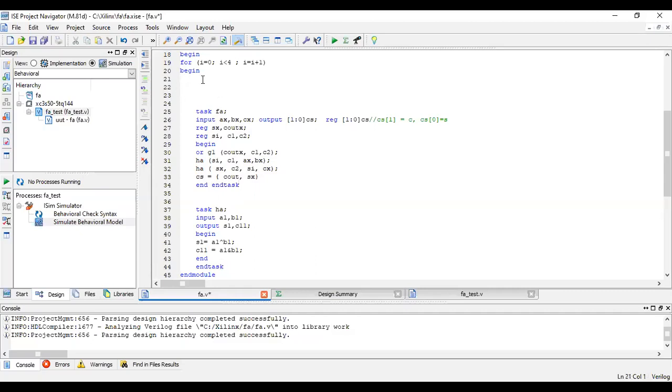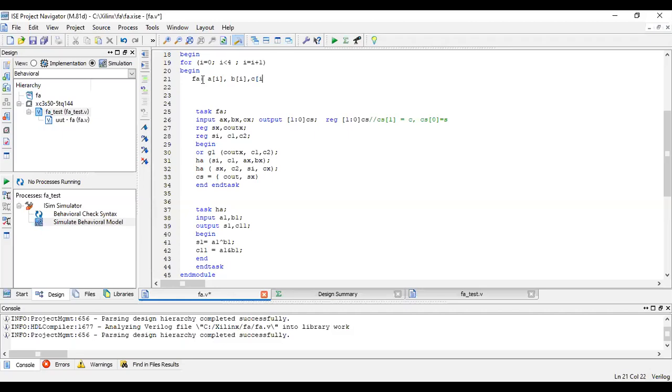Now I have to call this in the main module. So how will I call? I've already put the for loop over there. So I can write full adder of, what are your inputs and outputs? Your inputs are A of i, B of i, C of i.